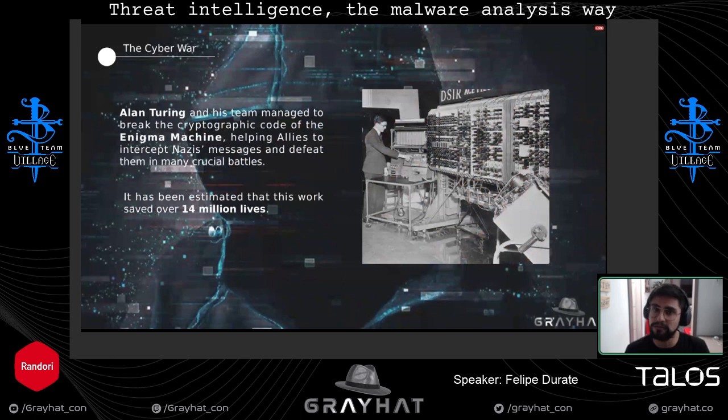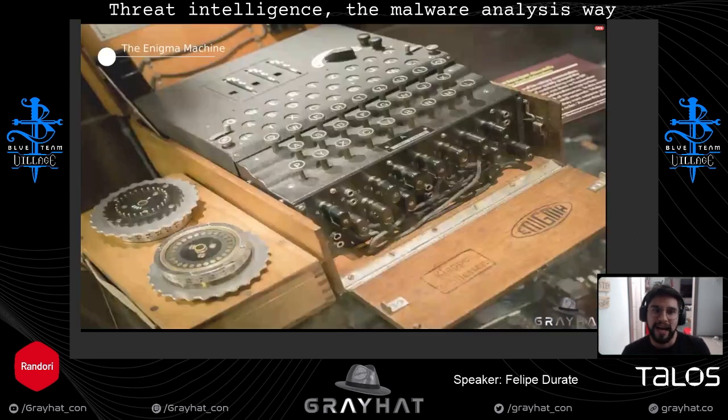So they were already prepared when the Nazis started attacking. If we start thinking about malware from this point of view, it makes a lot of sense, and that's why we can do a comparison.